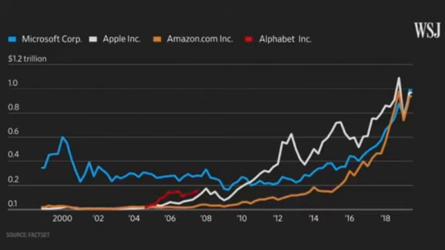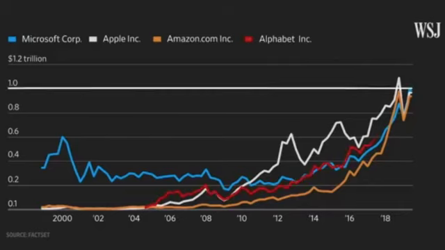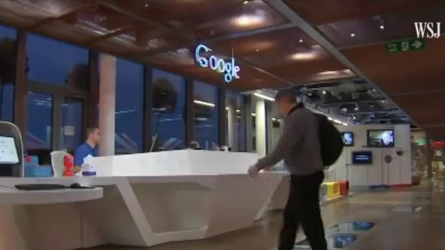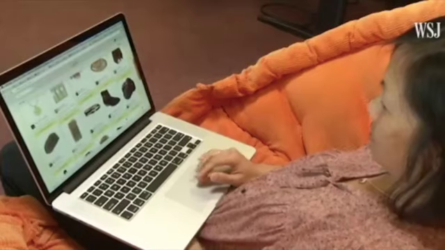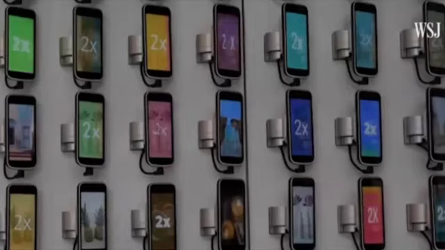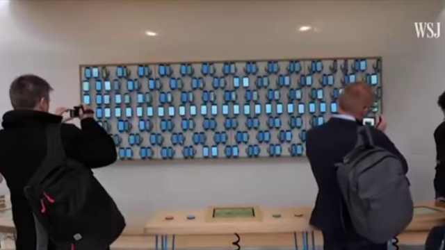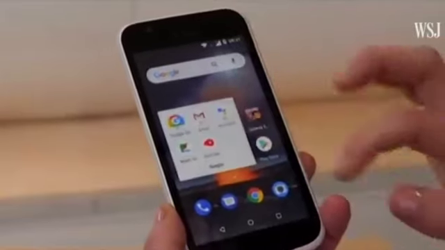Alphabet is probably next in line to hit $1 trillion at some point. It's seen some weakness of late, but the gap between it and the next largest company is wide. Google, as we know, accounts for the vast majority of the world's search activity, and it proves this point that companies that develop technology that becomes so deeply ingrained in everyday life are the ones that the market values at